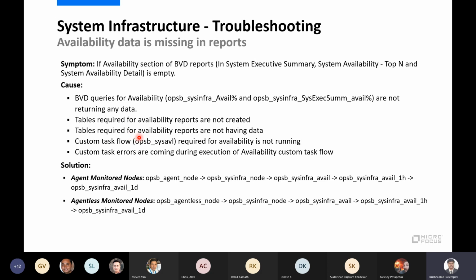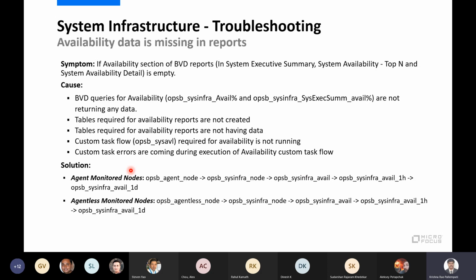So the moment we don't see the data, we'll understand the structure first. My agent level monitor nodes or agentless monitor nodes, we will always keep in mind this is the data flow. Agent and agentless both will load into the system infra node table. From there we have 5-minute data in system infra avail, and then hourly, and then daily.